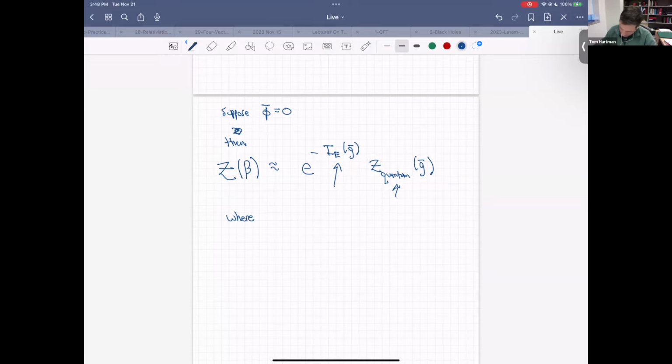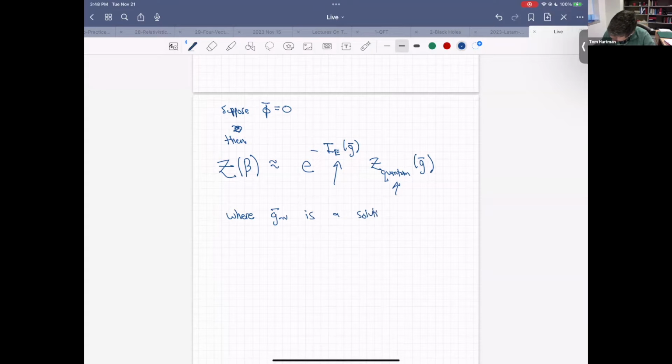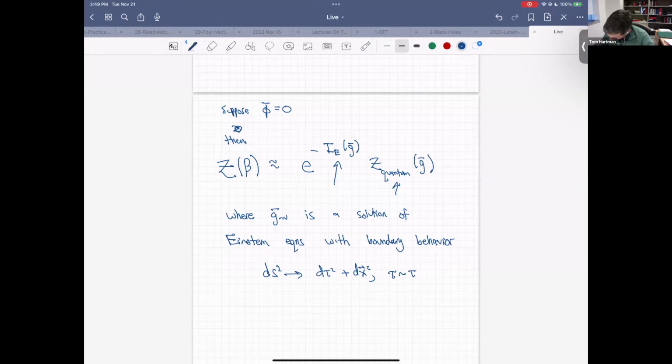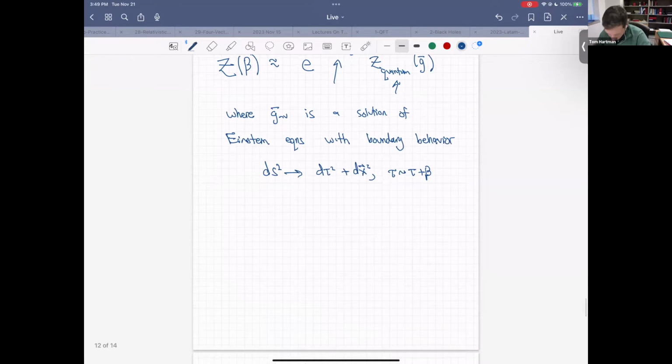By the postulate, this g bar is a metric which is a solution of the Einstein equations with boundary condition ds squared goes to d tau squared plus dx squared, with tau being a circle of size beta. In other words, we need to take this boundary condition